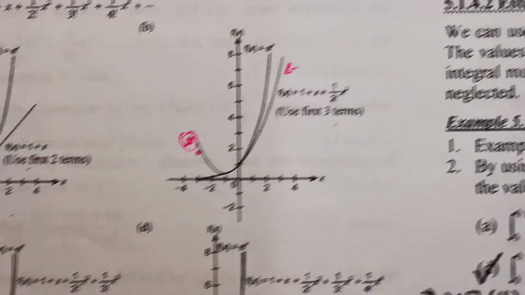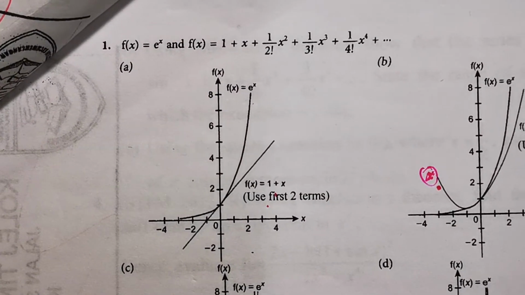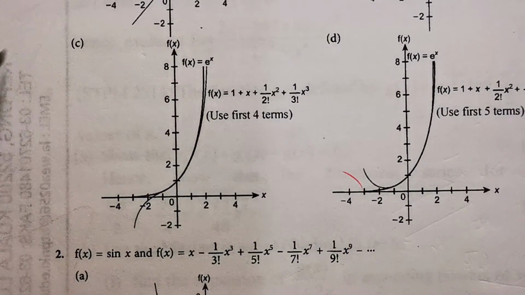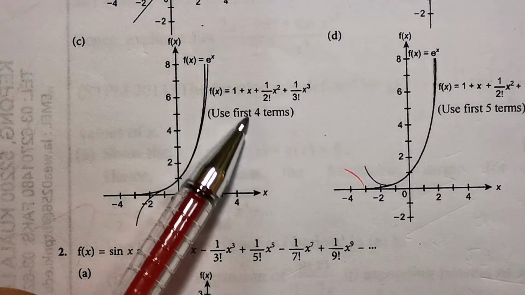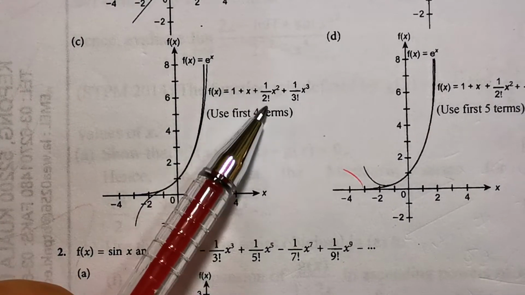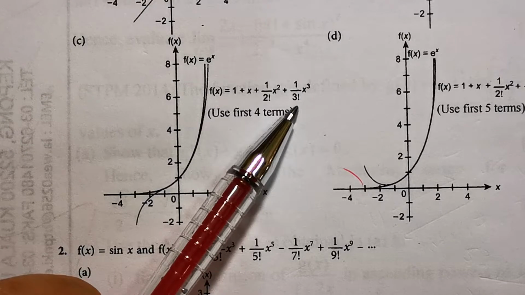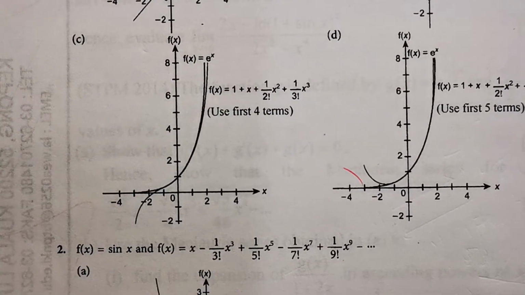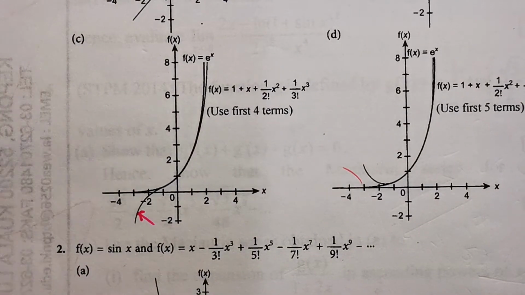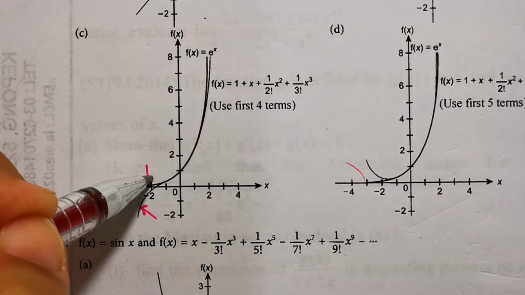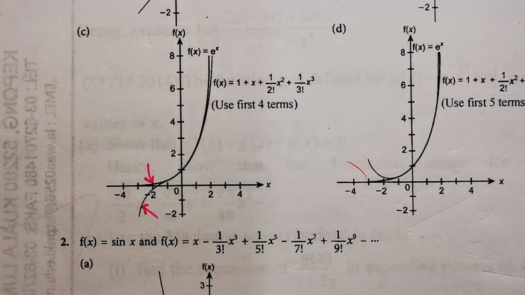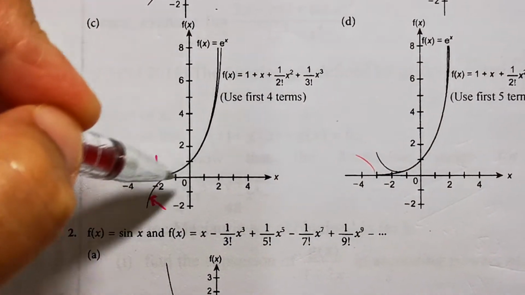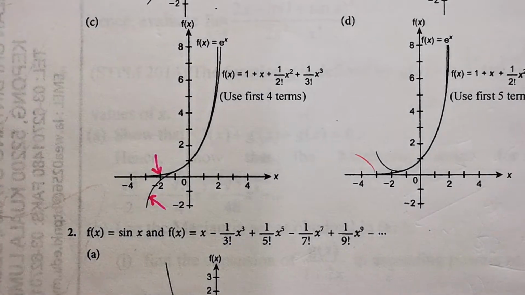So how about if we take more terms? Look at this. If we take the first four terms, that is 1 plus x plus 1 over factorial 2 x squared plus 1 over factorial 3 x cubed, it's a cubic function. You see that this is the cubic function, and this one is the actual e^x function. From this part onwards they are really very close to each other already, except here,